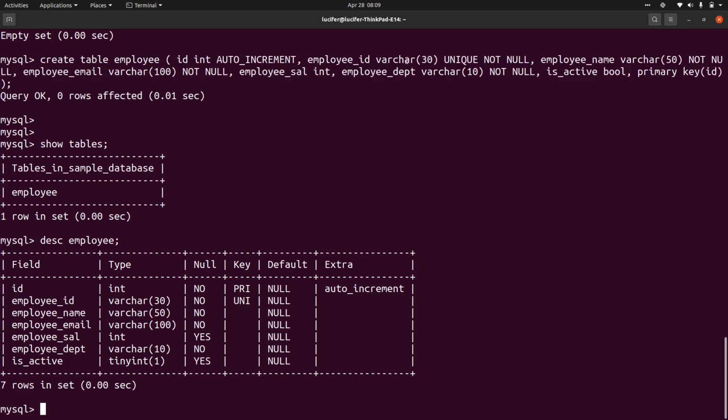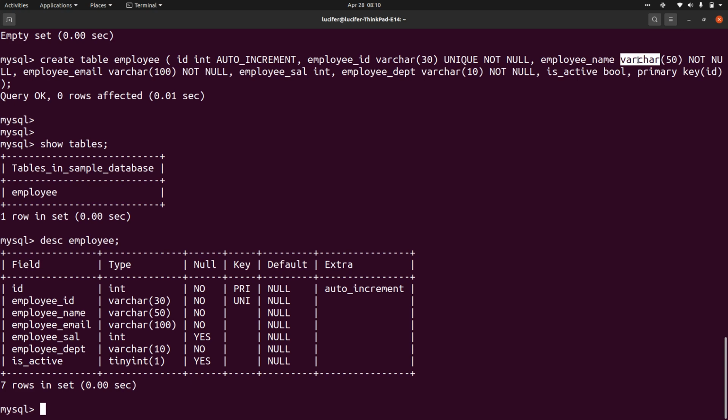Column name, data type, varchar. Always remember, every time you are giving varchar, you should also give the maximum limit of the varchar. Since this is a variable character, you should give the maximum length so that it will only create that much space. So this is mandatory for varchar. You can also give that for the integer values to restrict the number of digits, but it's fine if you are not giving it for integer values.